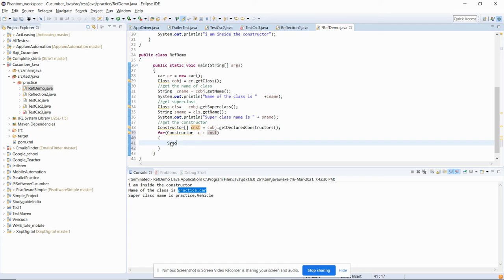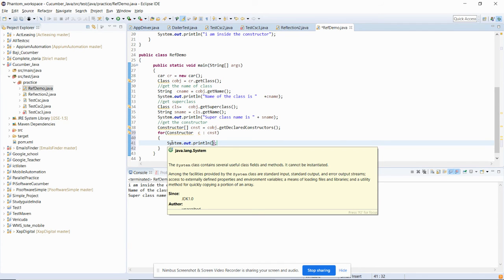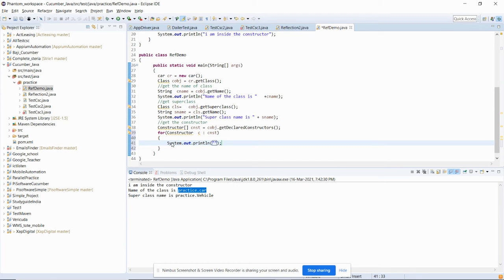So I will say sys out, constructor name is, and let me say here c dot get name, there is a method.